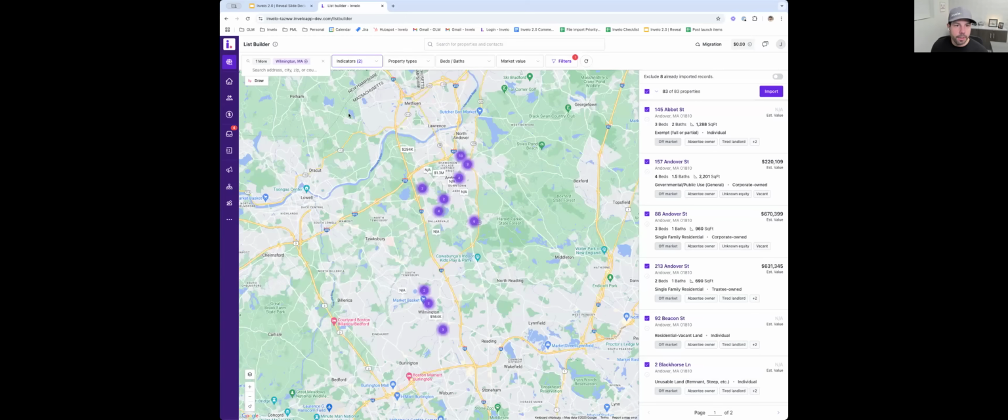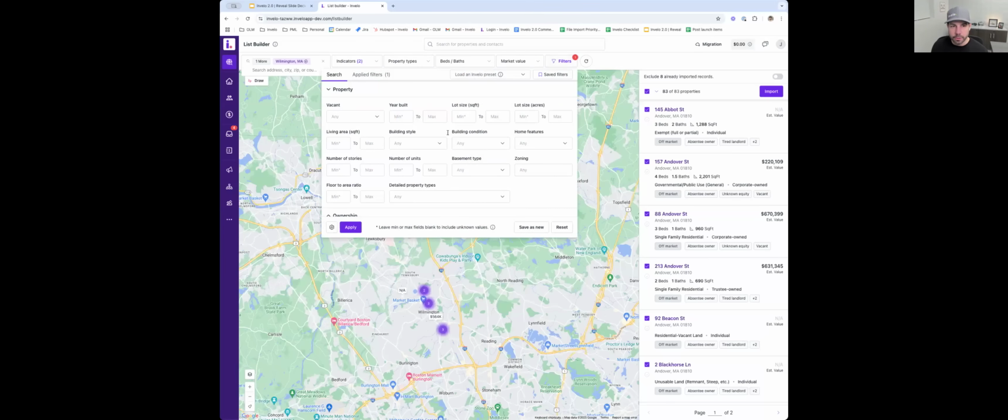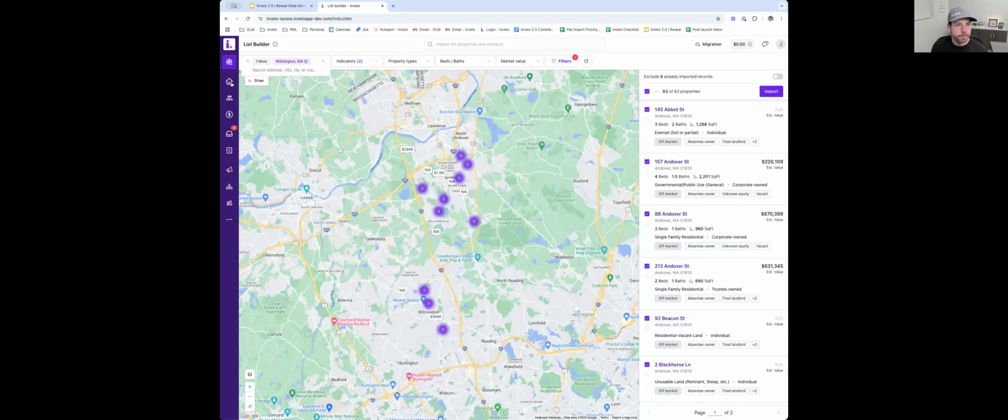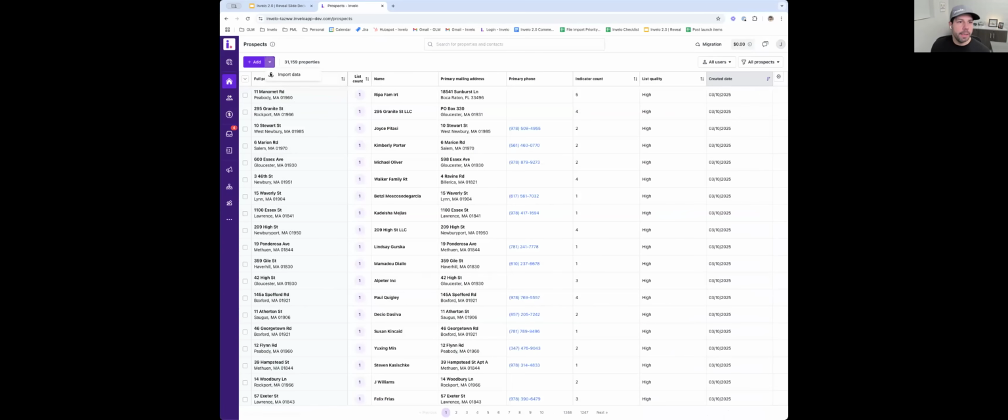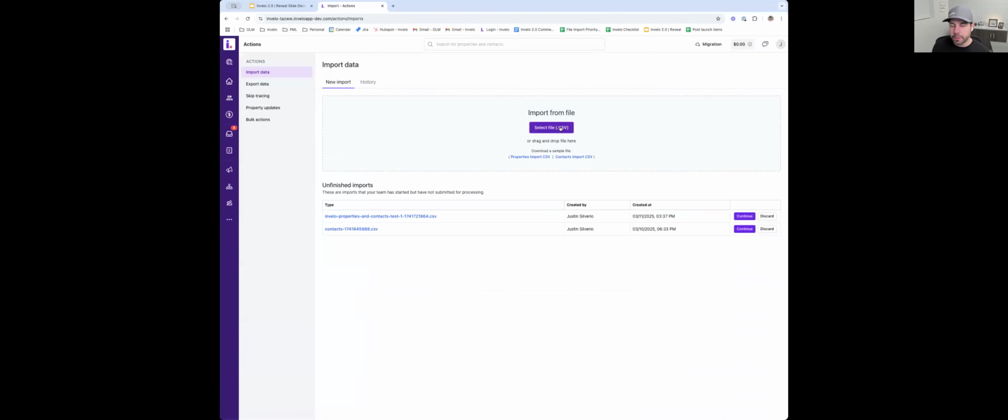And again, as you saw here, there's many different unique ones that you can do where it's pre-foreclosure, there's auctions, zombie properties, there's tons of different options. And they're endless when you start to add in all the advanced filters. Okay, let's go on to prospects. Again, as I mentioned, I'm not going to go too fully into this, but we make it very easy to